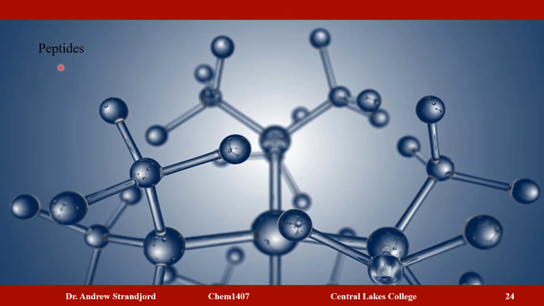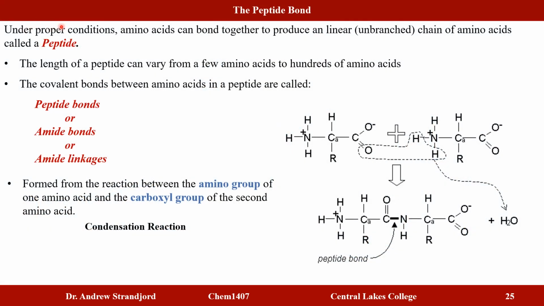Let's now start talking about peptides, which are the precursors for making long polymer proteins. Under proper conditions, amino acids can actually bond together to form small amino acid chains, which we refer to as peptides. If you recall, I have an amino acid which contains a carboxylic acid group and an amino group. That carboxylic acid group can react with the amino group of a second amino acid, forming an amide bond, sometimes referred to as an amide linkage, or when we're talking about protein or peptide chemistry, we often call these peptide